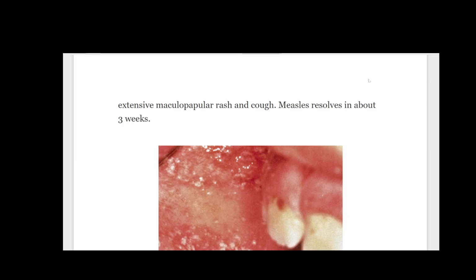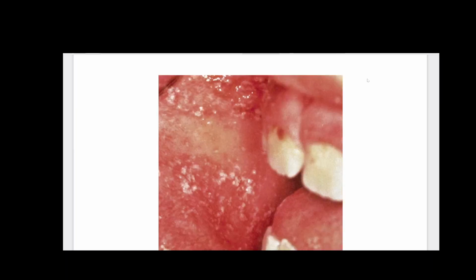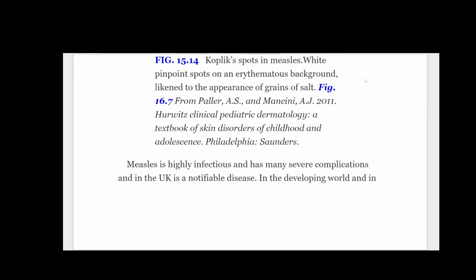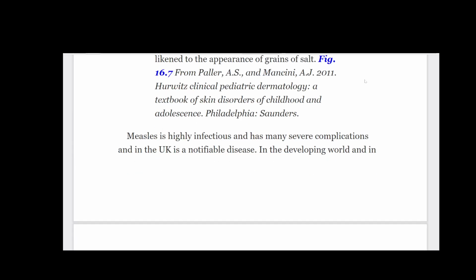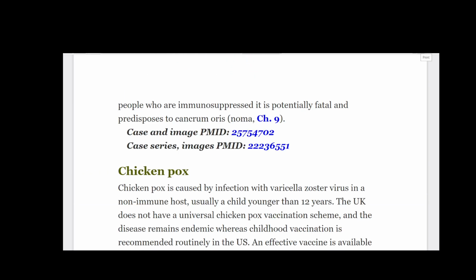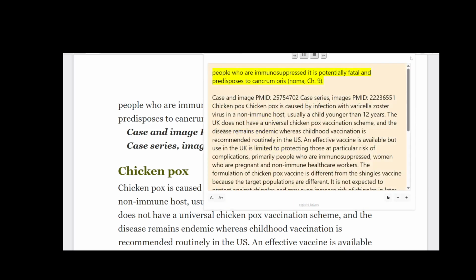Fig. 15.14 Koplik spots in measles, white pinpoint spots on an erythematous background, likened to the appearance of grains of salt. Fig. 16.7 from Paller, A.S., and Mancini, A.J. 2011. Hurwitz Clinical Pediatric Dermatology, a textbook of skin disorders of childhood and adolescence. Philadelphia, Saunders. Measles is highly infectious and has many severe complications, and in the UK is a notifiable disease. In the developing world and in people who are immunosuppressed, it is potentially fatal and predisposes to cancrum oris, noma,